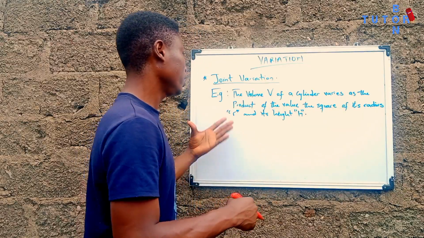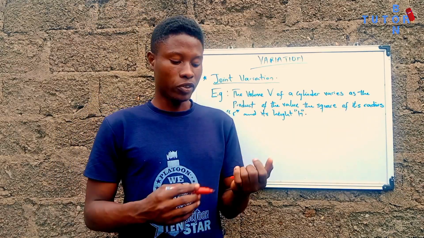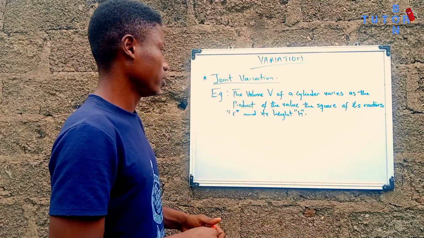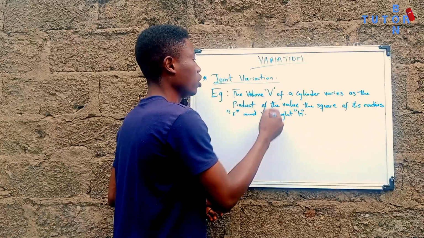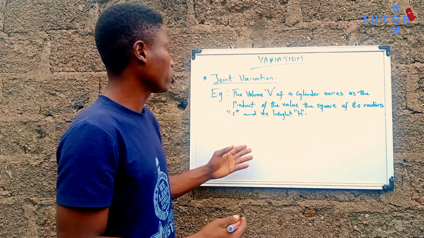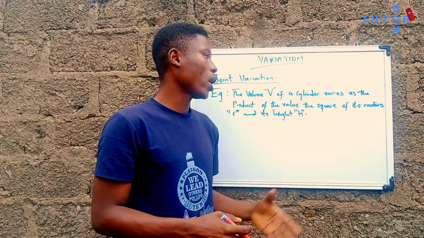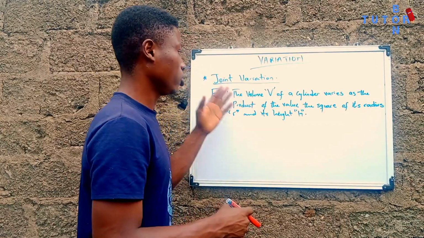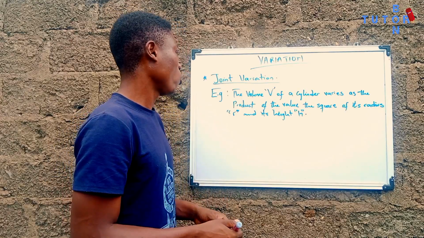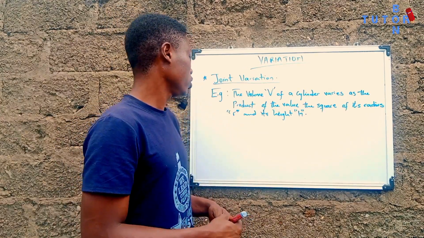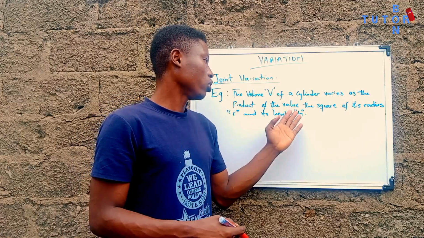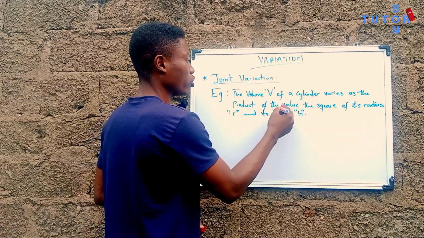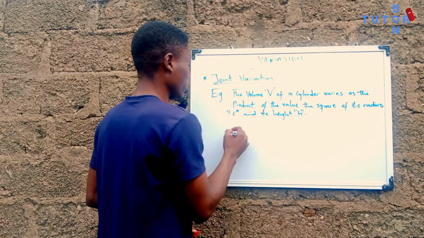Welcome back. This is an example under joint variation. It says the volume V of a cylinder varies as the product of the square of its radius r and its height h. This is a typical example of a joint variation whereby your V varies to r and also h. But how does it vary to it? It says varies as the product of the square of its radius, that is,